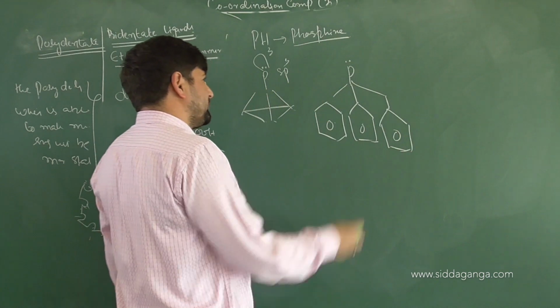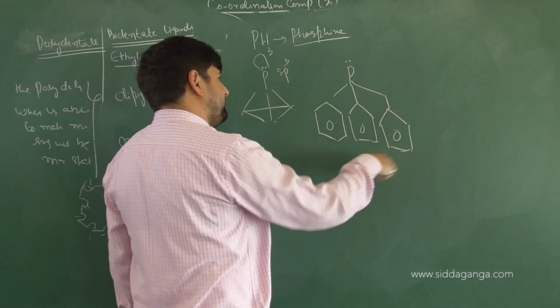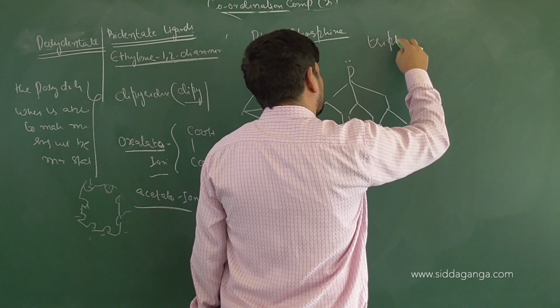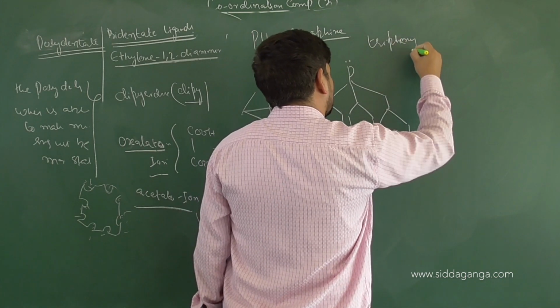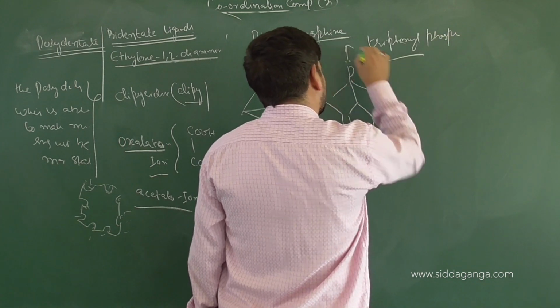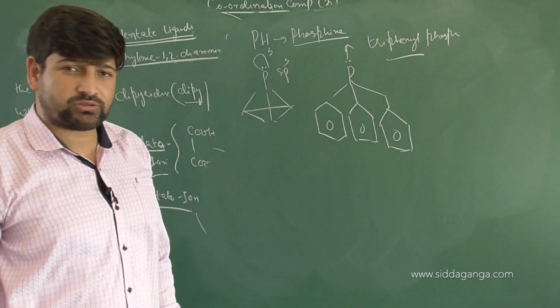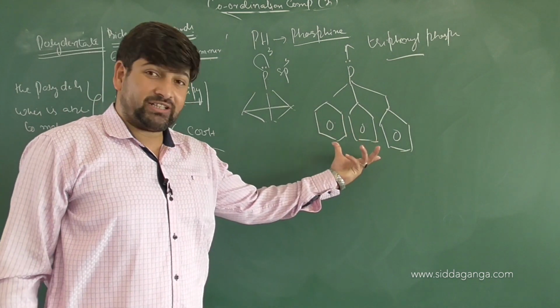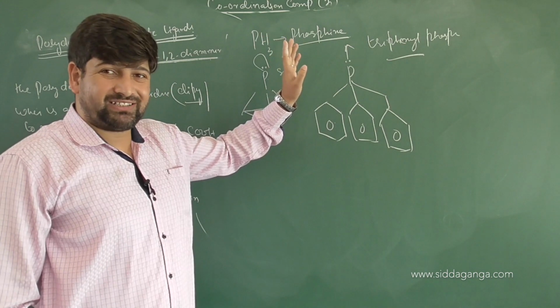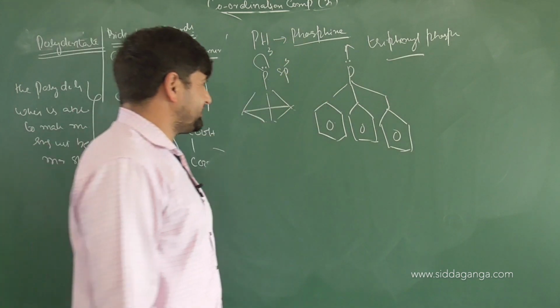So what does it become? PPP, triphenyl phosphine. Technically, we call that triphenyl phosphine. It will be able to donate from how many places? 1 phosphorus. So it's a monodentate ligand, but it is highly sterically hindered. Anyway, it will not be able to chelate out the rings itself at all. No chelation is possible in this case.